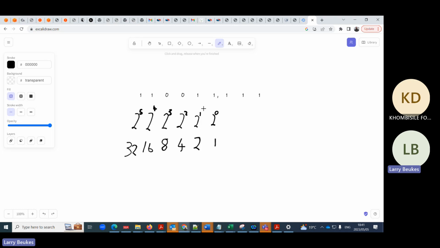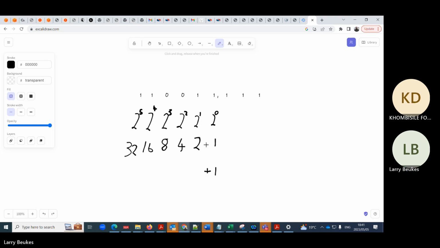So we know this 1 means a bit is present. So it means this number is present. This one means this number is present. This 0 means this 4 is not present. So you can say 1 multiplied by 1 will give you this, 1 multiplied by 2 will give you this, 0 multiplied by 4 will give you 0, 0 multiplied by 8 will give you 0, 1 multiplied by 16, 1 multiplied by 32. So you can do that, but in this case, we're just going to say we know 1 is present, so we're going to have 1